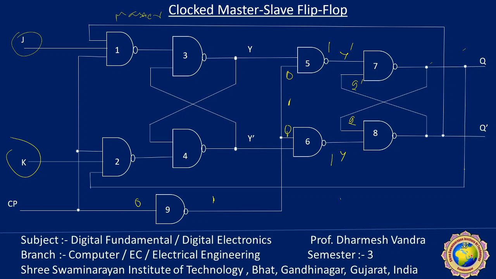Now consider a digital system containing many master slave flip flops with the output of one flip flop going to the input of another flip flop. Assume that the clock pulse inputs to all flip flops are synchronized and occur at the same time. At the beginning of each clock pulse, some of the master elements change state, but all flip flop outputs remain at the previous state. After the clock pulse returns to 0, meaning it changes from 1 to 0, at that time the outputs change state. But none of these new states has an effect on any of the master elements.